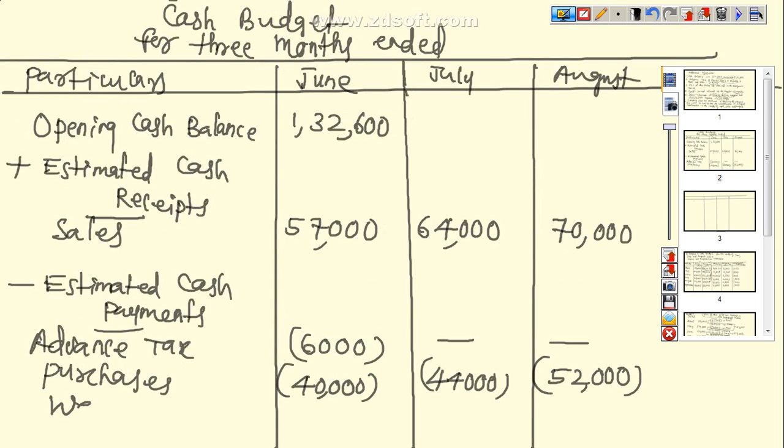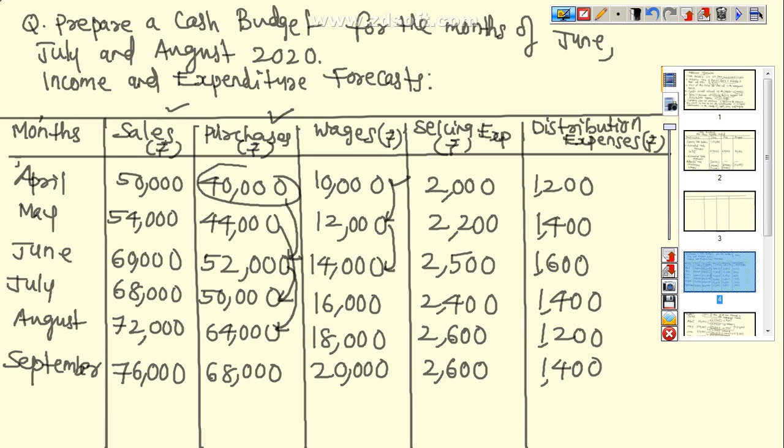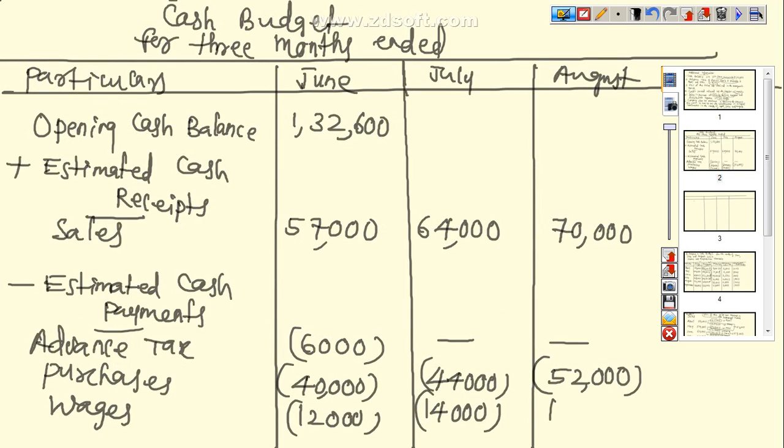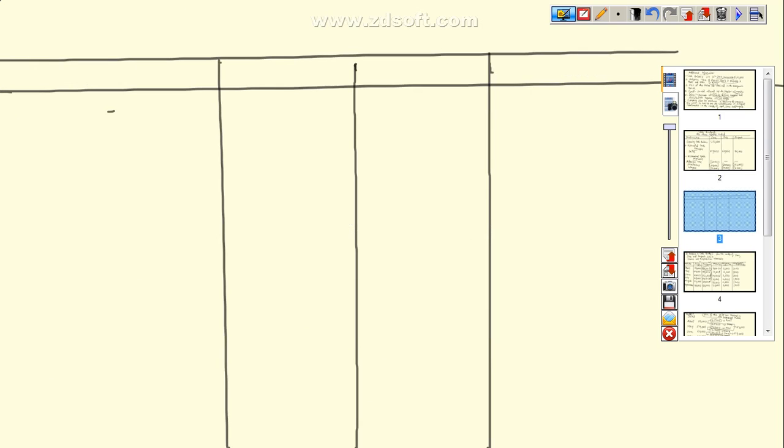First case, wages: the first amount is 12,000, second amount 14,000, and in case of August, that is equal to 16,000. We continue with the budget on the next page. So here we write June, July, August. Here we continue. First we write selling expense,